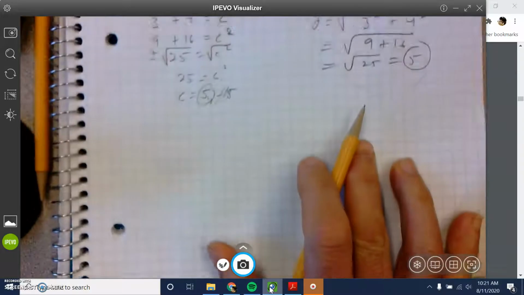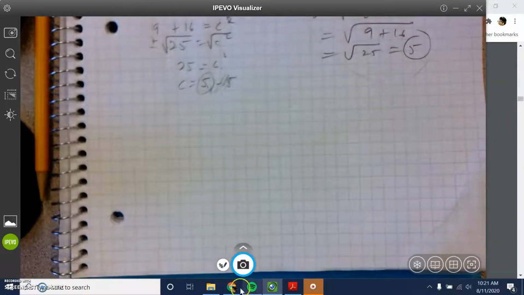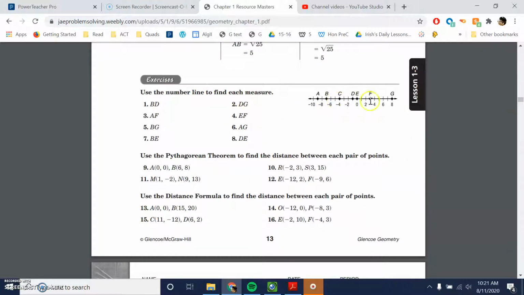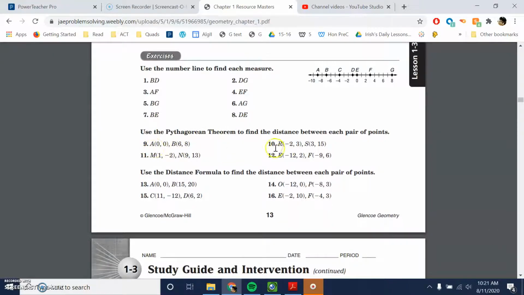Let's see another one, shall we? All right, doing good. We don't have to do this. We don't count a number line. That's easy. All right, let's try